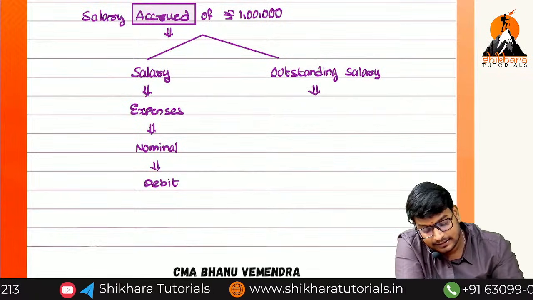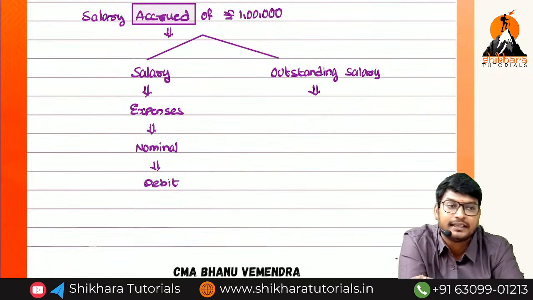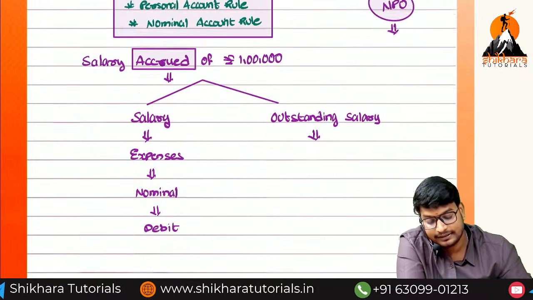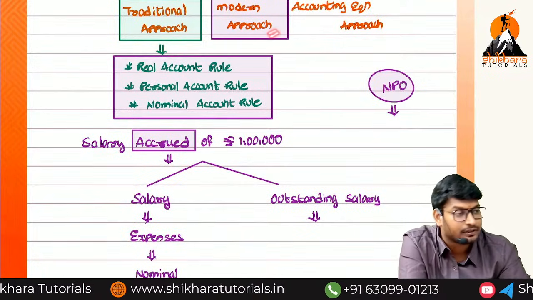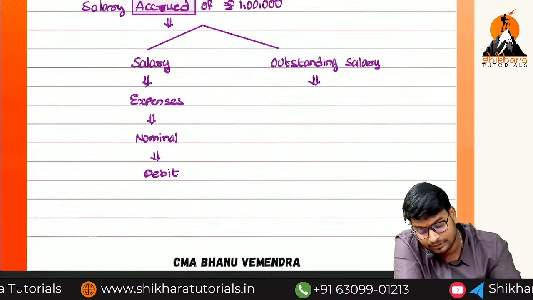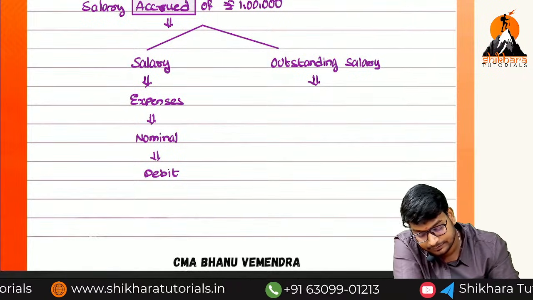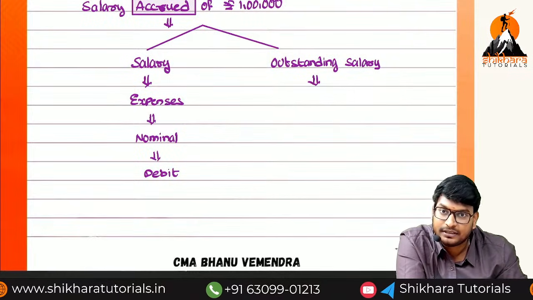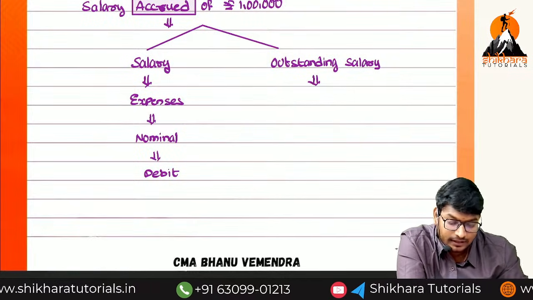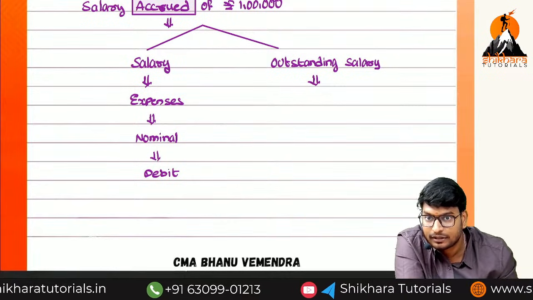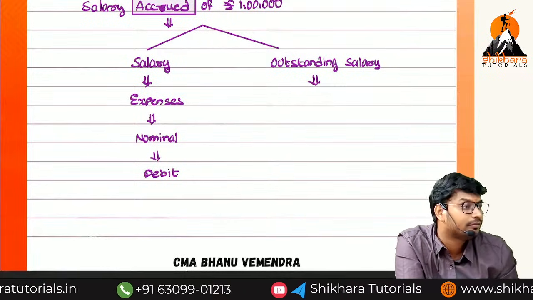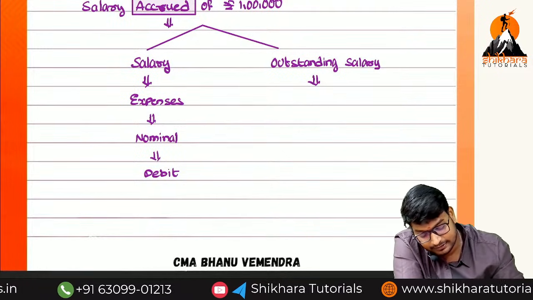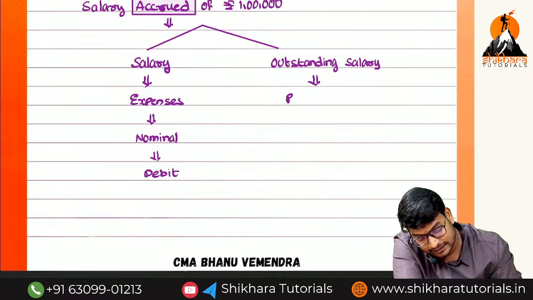So this type of difficult things we may get in which approach? Traditional approach or modern approach? Traditional approach. So that is the reason I am going to discuss what? Modern approach. So this is called what? Representative personal account. So we are liable to give. So for that reason, debit the receiver, credit the giver. So he has given the services. He has given what? Services. That is the reason what we are doing? We are doing the credit. So what is the ultimate entry here? So personal account we have to follow.